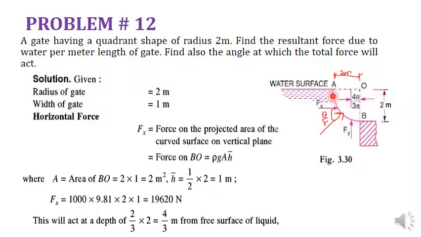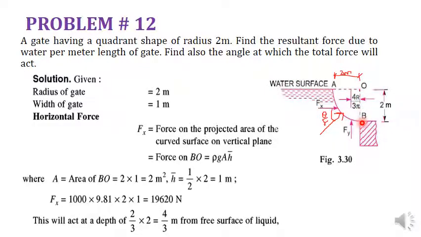So here you have the radius of the gate 2 meters, and the width of the gate is equal to 1 meter, again unity. So you are going to solve it for the unit width again. Now the horizontal force can be calculated, you have done it earlier, you have the formula rho g A h bar, and you also have the answers directly. Your curved part is not at a certain depth, it is just going to start from the free surface of the water. So its center of gravity along the length will be 2 meters, half of it.